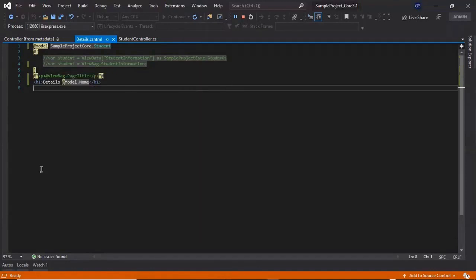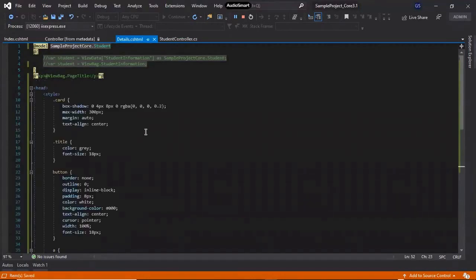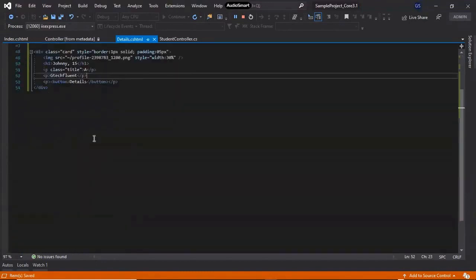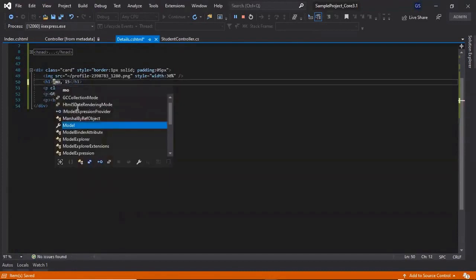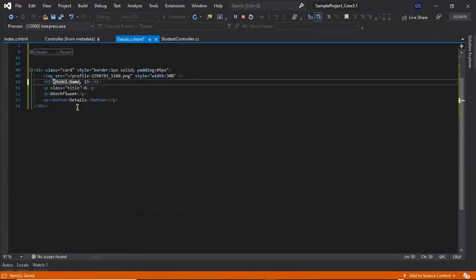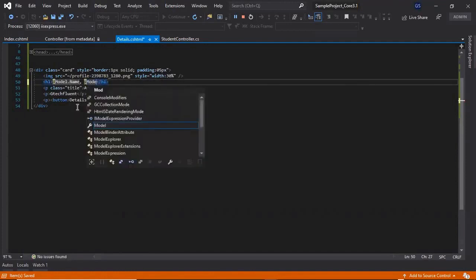Now we need to make some changes in the UI to display the student information that we previously discussed. So let's make the change in the UI. I have added the required CSS and HTML here. Let's modify it. Here we require the student name, @Model.Name. Here we require the age, @Model.Age.